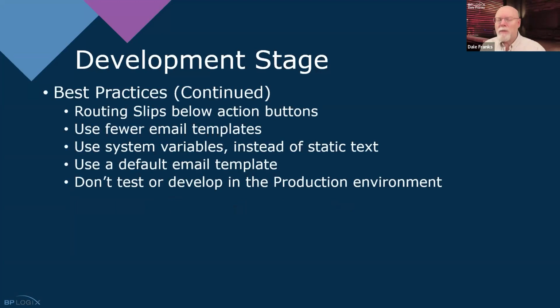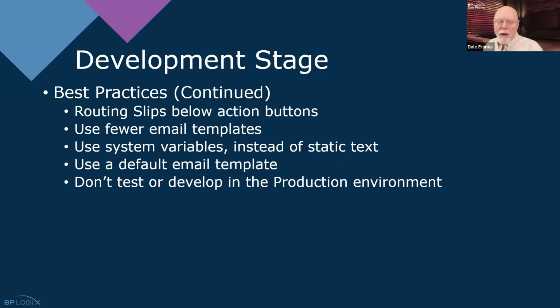Some other things just in terms of design on a form, put action buttons above the routing slip, because having to scroll through a routing slip that has 50 activities on it just to hit approve is worse than being stabbed. So always ensure that the routing slip is on the form, but that it's always below the action buttons so that I don't have to scroll through the whole routing slip just to approve a task. Let me approve a task if I want to. And if I want to scroll through the routing slip, I can do that too. But don't force me to do one of those things, which is scroll through the routing slip.